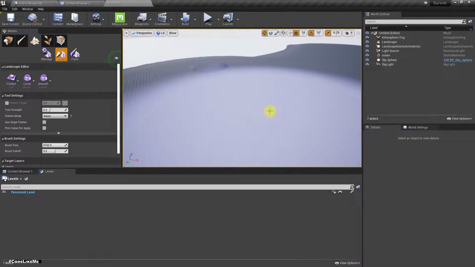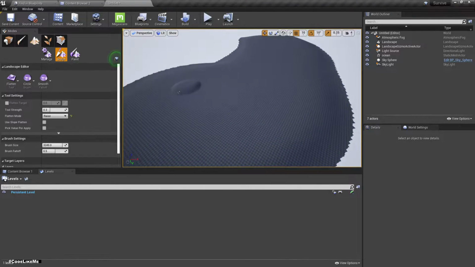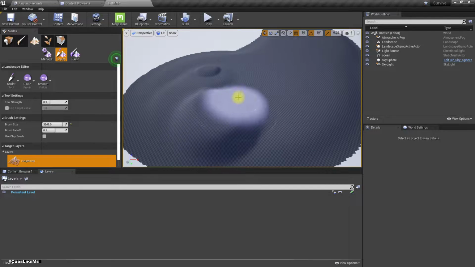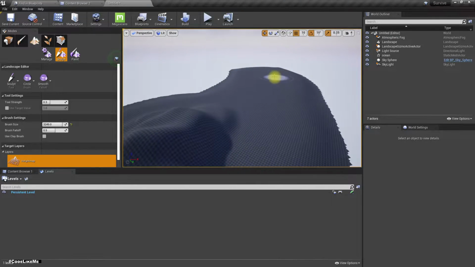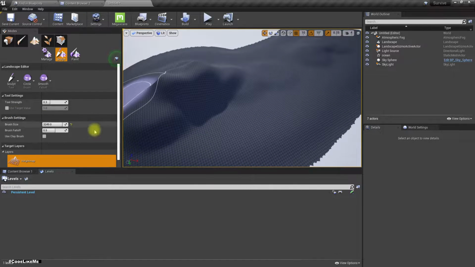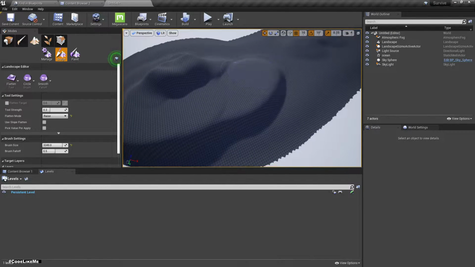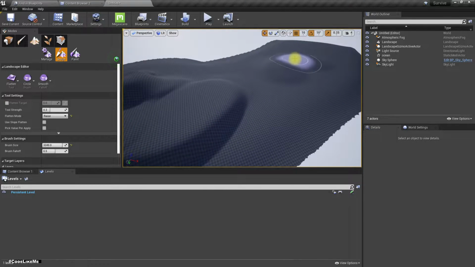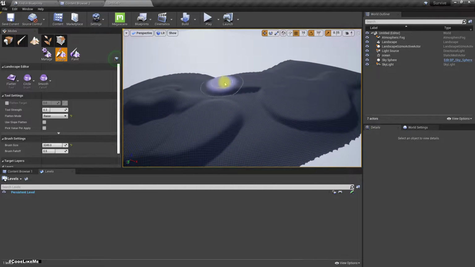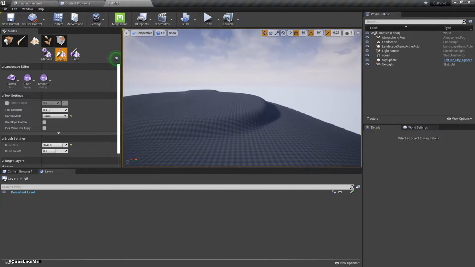We don't have to make this complex as of the moment because we're just testing. Let's make it a little bit uneven, so this would be a little more interesting. Okay, now